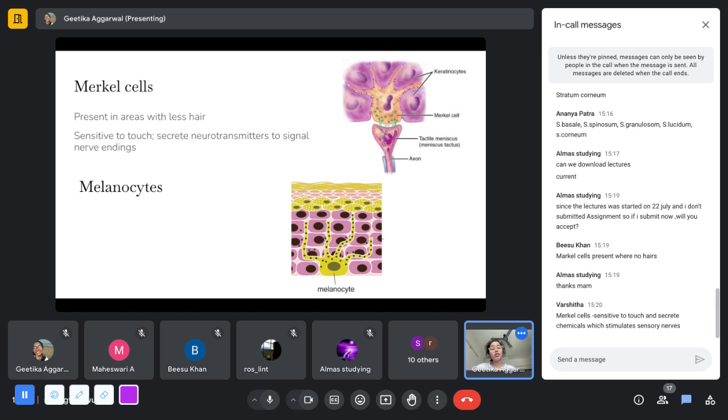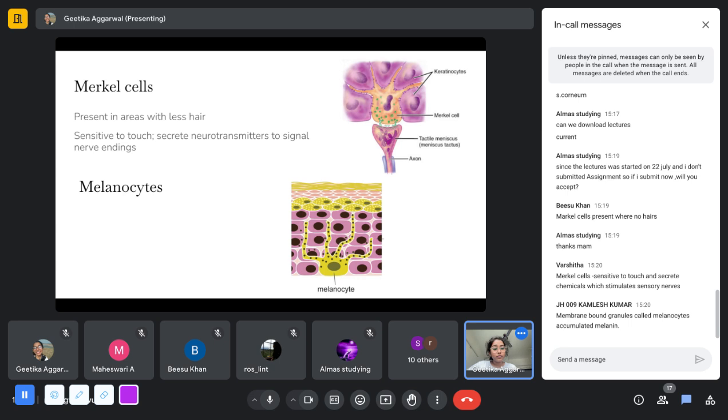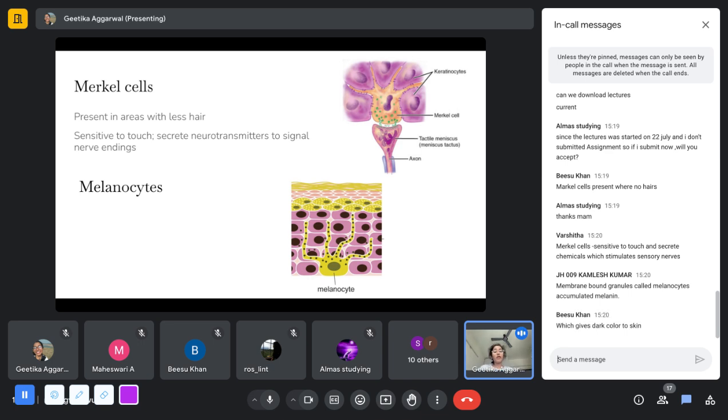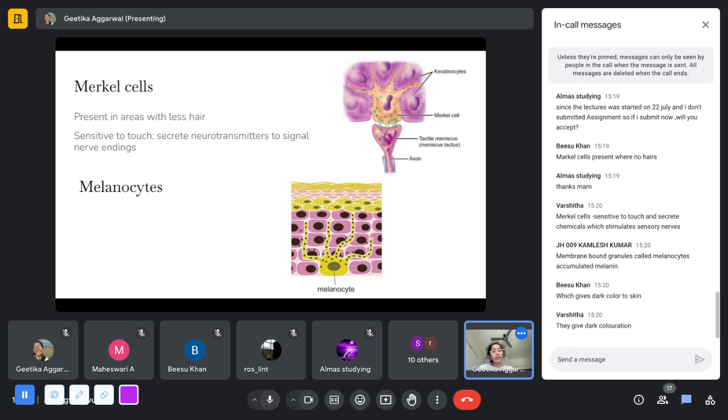On the other hand, what are melanocytes and what are they responsible for? Membrane bound granules called melanocytes accumulate melanin. They are not the membrane bound granules. I think you are trying to refer to melanosomes. So melanocytes give the dark coloration, correct? These are pigment cells. They contain the pigment called melanin, and this melanin is stored in vesicles called melanosomes. And this melanin is responsible for absorbing UV light and consequently for the